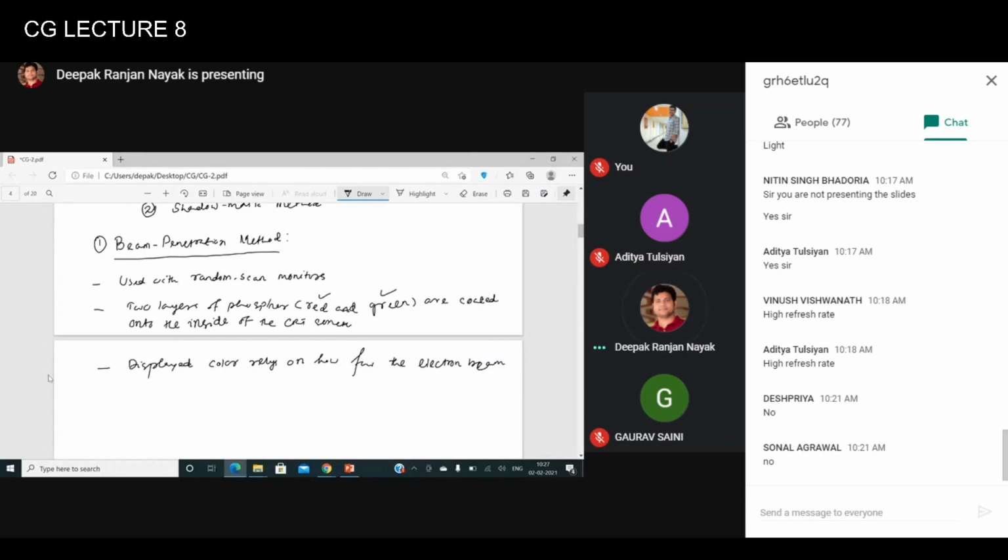Yesterday we talked about the electron gun. The electron gun consists of a heating filament surrounded by the cathode, and there is something called the control grid. Also we talked about the two different types of anodes: the focusing anode and the accelerating anode. The accelerating anode is used to accelerate the voltage which is required, and the speed of the electron beam depends upon that.